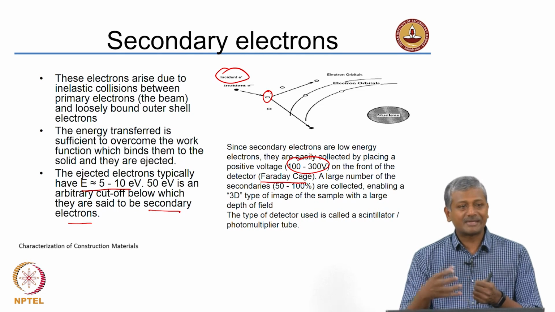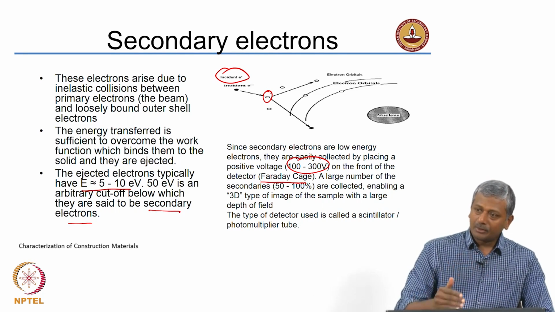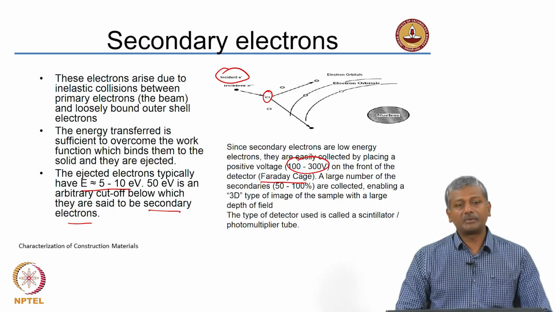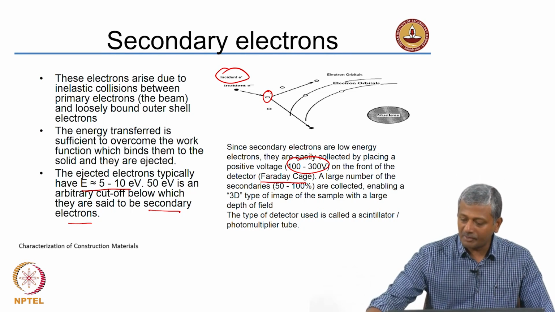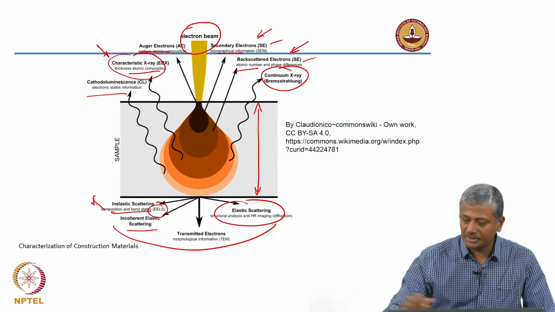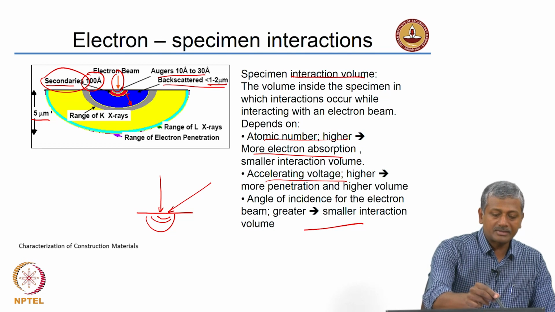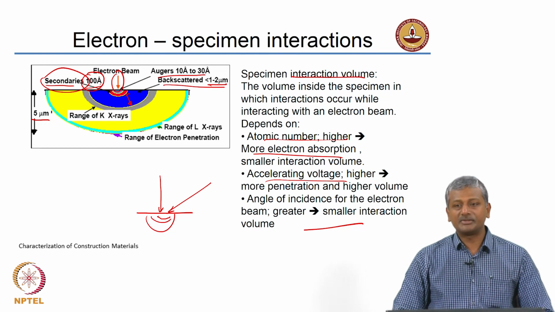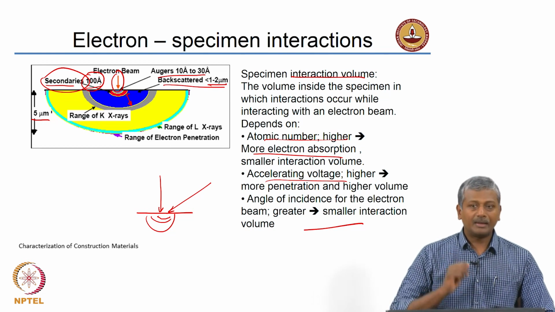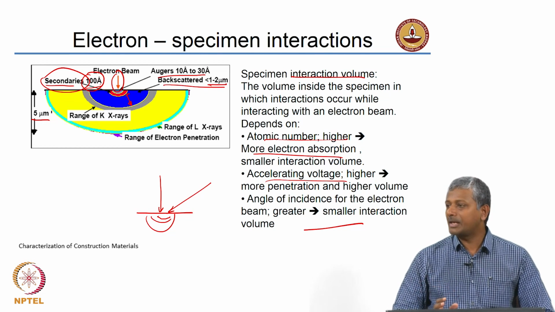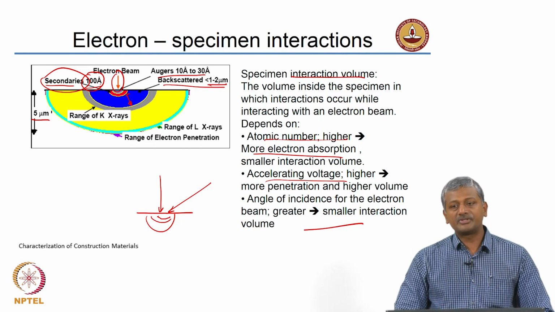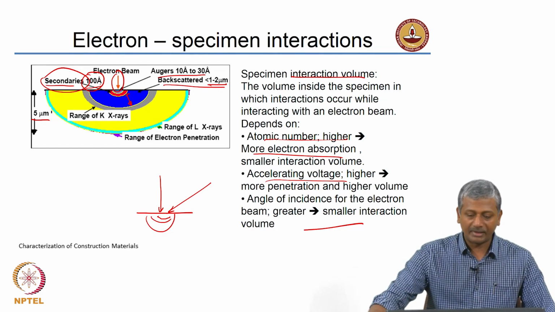So, if you collect the secondary electrons that emanate from the specimen, you can now make out the external structure of the material, because we are collecting these from a very shallow depth. I talked about this earlier, that we are actually collecting secondary electrons only from about 100 angstroms, that is about 10 nanometers, okay, extremely small depth within the specimen. So, we are essentially looking at the structural features of the surface when we collect the secondary electrons.